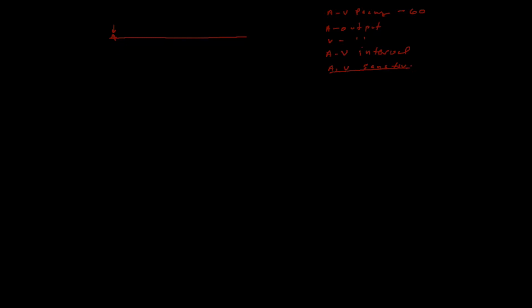And then depending on what you set your AV interval at, and let's say that that's 200 milliseconds, once 200 milliseconds transpires, if there's no ventricular activity sensed during that interval, you'll go ahead and pace your ventricle. And then 1 second later, again, if there's nothing sensed in the atrium, it will pace, and again the ventricle will pace if